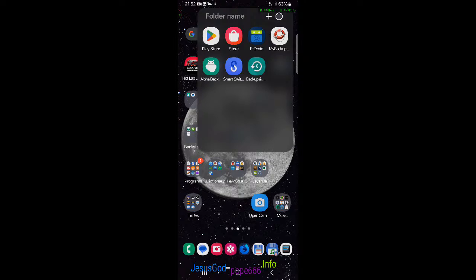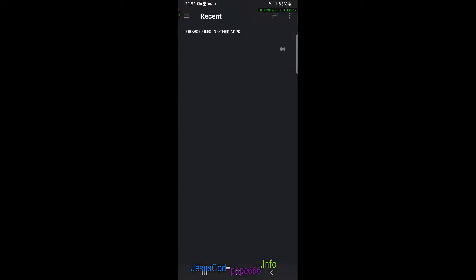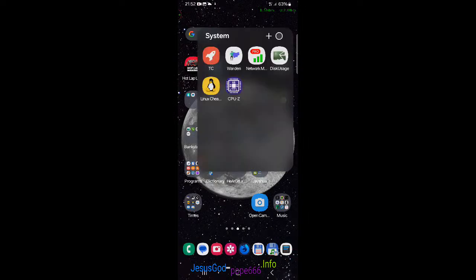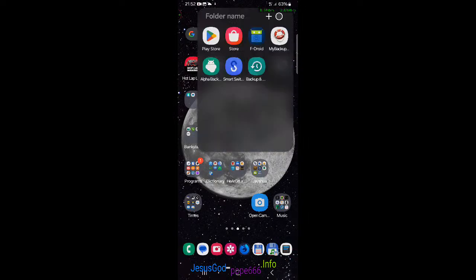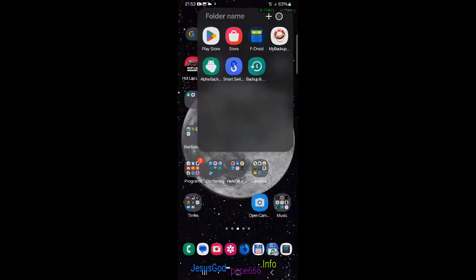because it can make this specific file format in regards of Alpha Backup. But I don't know, I really don't know. My brain just doesn't, you know, it's overburdened. You have Swift Backup and all that, and it couldn't even take the data either. It could move the applications, but not the data.